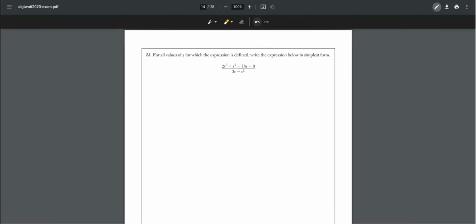Number 31. For all values of x for which the expression is defined, write the expression below in simplest form. We know the denominator 3x minus x squared is equal to x times 3 minus x, and we know the numerator 2x cubed plus x squared is equal to x squared times 2x plus 1, and we know that negative 18x minus 9 is negative 9 times 2x plus 1. We can put this all together,